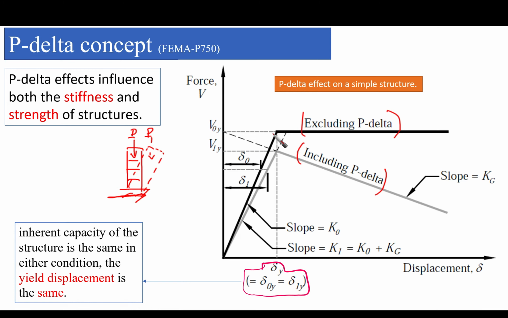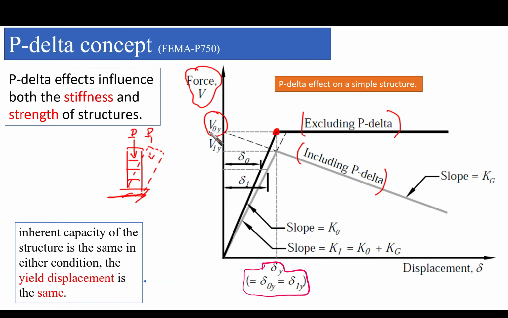And as you can see, we have a specific point here which is distinguishing between the linear part, which we call the linear elastic part, and the other flat part here, which is the plastic part. This point is going to be designated on the force axis, which is the base shear axis. We call it V node